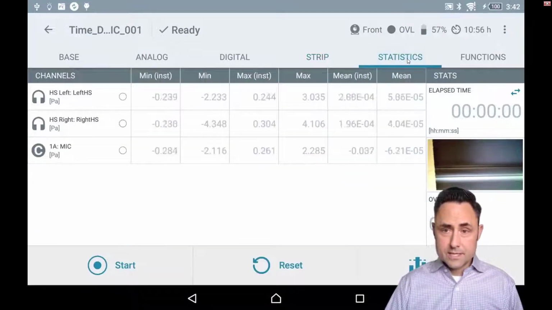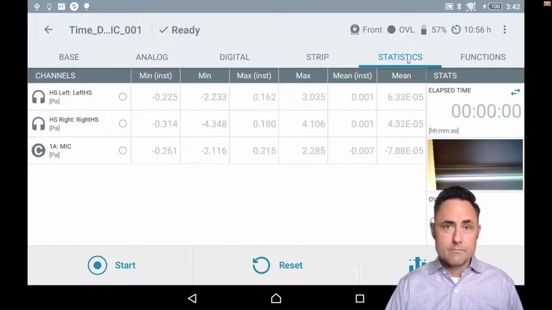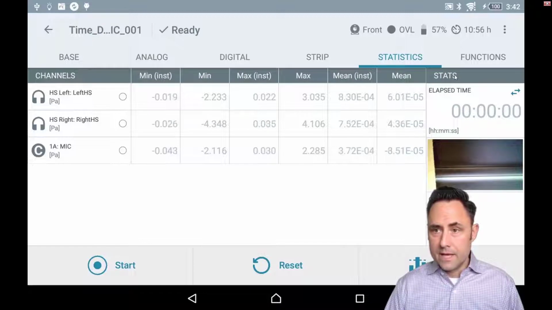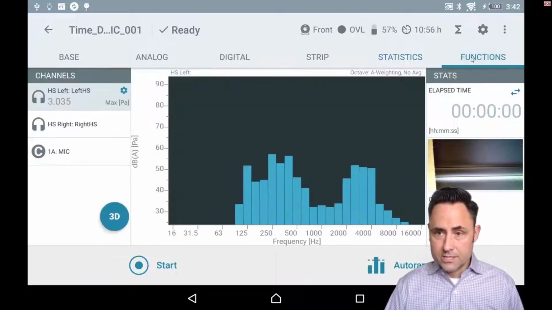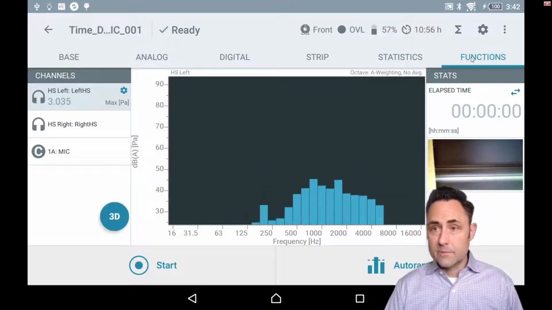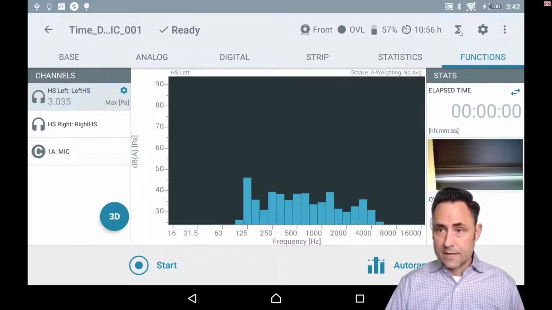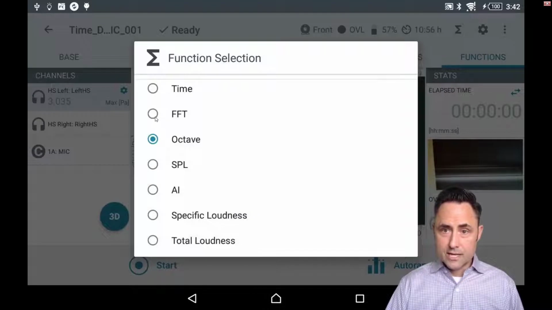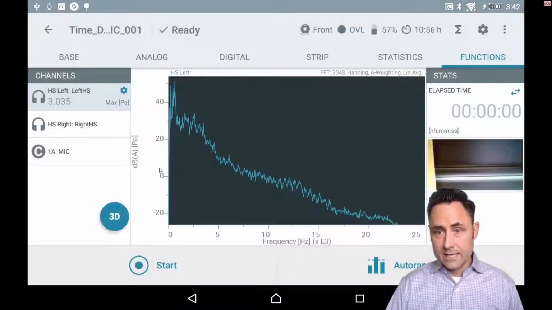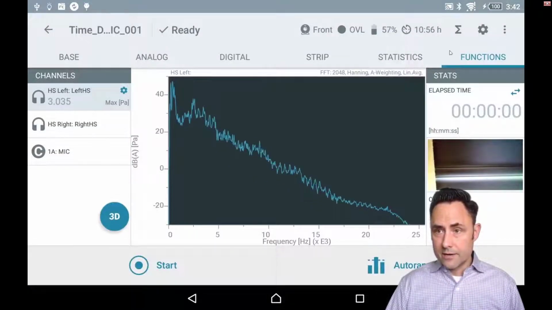There's also a statistics view, which will show you a min, max, mean, that sort of thing. And then the functions is where we can look at a live spectrum. In this case, I'm seeing a live 1/3 octave spectrum. If I come up here, I can also change that to maybe a narrowband FFT, which is what we see here.